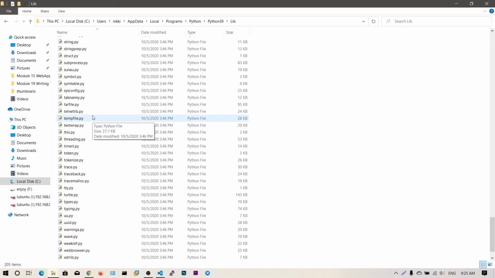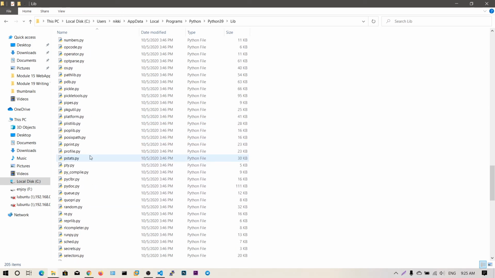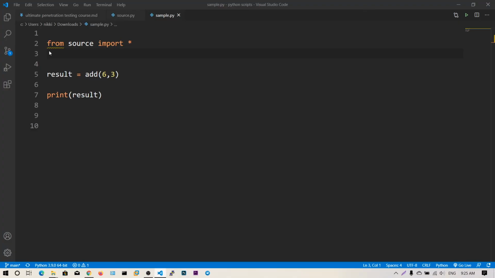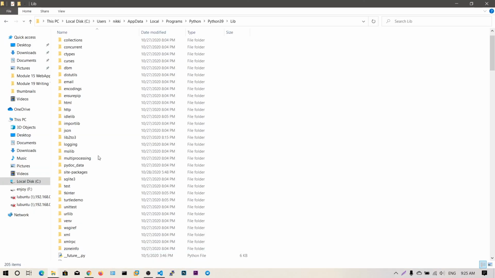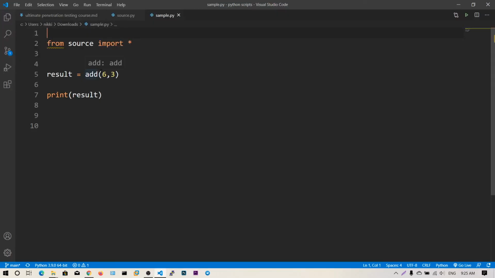You can see there are so many default libraries you can use in Python, and we have also seen how to install external libraries using pip install with the module name. These are all the modules you can directly import in Python. If you want to import any other custom module, you need to install it via pip, and this will install the necessary libraries and dependencies, and then you can simply say import that module name. So it's very easy to use these modules. That's all about modules. I hope you have understood.